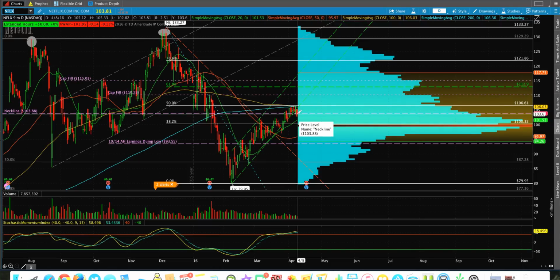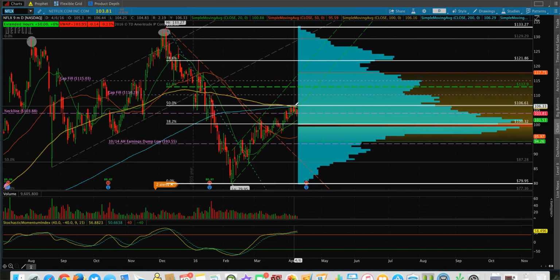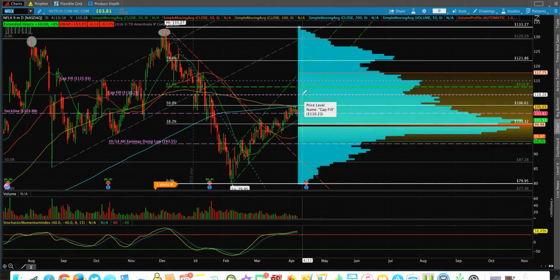103.88 is really important. We do have a bit of a close just below there, 103.81. So if you're aggressive, you could be short against Friday's low for a row trade, or long above the high, anything above 105. If you can clear these hammers, these tweezers, I'd be a little cautious here because you do have tweezers against the 200-day moving average. So I would say if you can clear the tweezers and the 200 MA, you will get a squeeze quickly